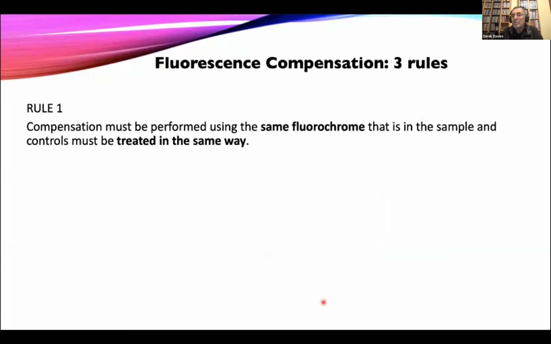I said there are three rules of compensation. So what are those rules? And what I would say is the first rule, the primary rule, is that with compensation, we have to use the same fluorochrome that we're using in our sample. So we can't, for example, substitute Alexa 488 in our control if we're using FITC in our samples. Although they're both green, that's not really what we're going to be looking at in flow